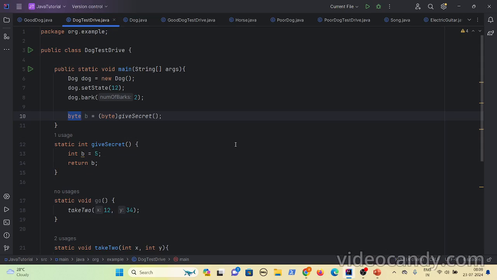But if the method expects a shorter type and you are returning a longer value, then you have to typecast it explicitly. And even explicit typecasting works only within a specified range, like among numeric types. It will not work with booleans and characters. Okay, that's it. Thank you.